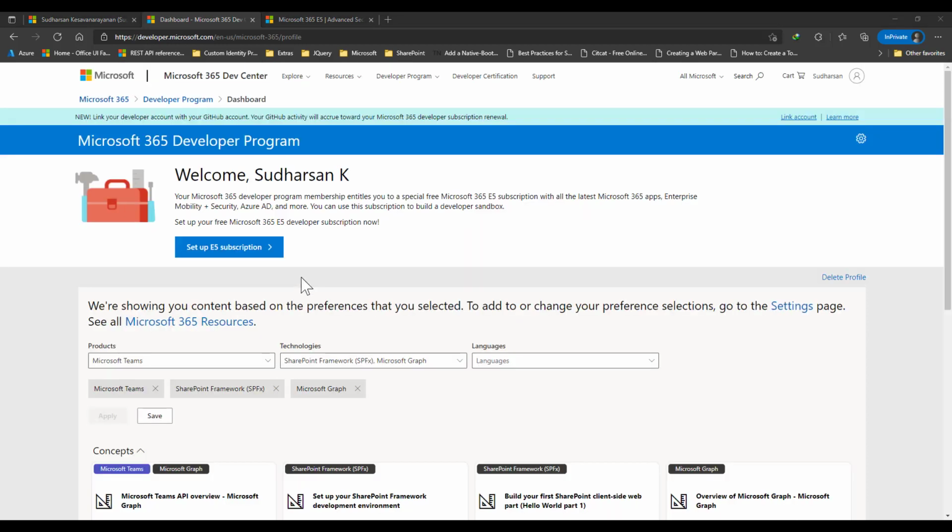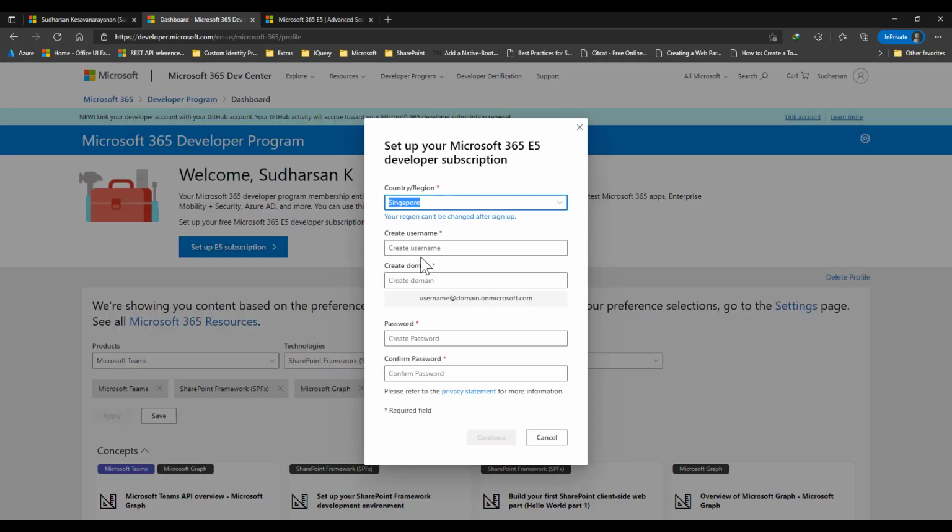So now let us set up the E5 subscription. Click on the setup E5 subscription. You'll be provided with a dialog. Country, create a username. So I'll give my username and domain name. Domain name is something which we call a tenant name. So for example, if I am giving the tenant name as Sudarshan, my M365 site URL will be